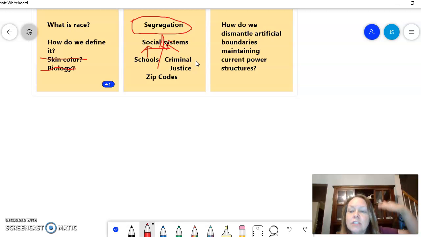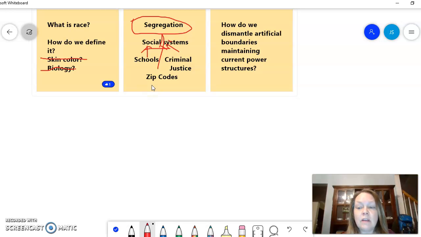Because these laws and these social policies that have been in place in our country for decades and even centuries have instantiated certain people in positions of power. And that wealth has been able to continue generation after generation. For example, remember the Amy Hunter video where she analyzed the zip codes where people live, and then the schools that are in those certain zip codes, and then criminal justice at work in certain neighborhoods, where maybe they're really safe neighborhoods, maybe they're not safe, maybe there's a big police presence, maybe there's not, maybe the police harass people, maybe they don't, but all of those things go into where you can even live in America,